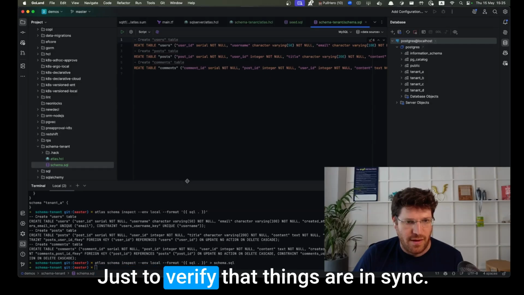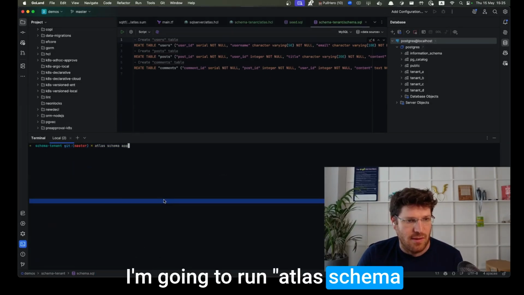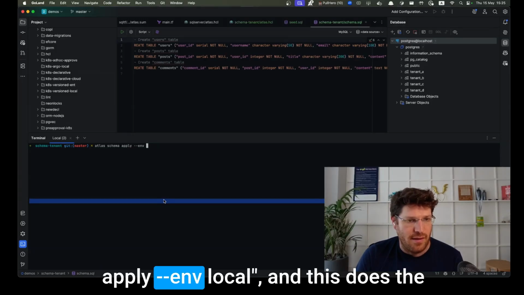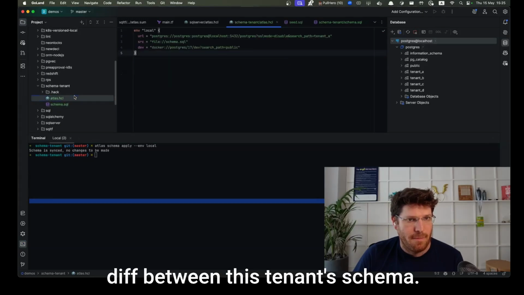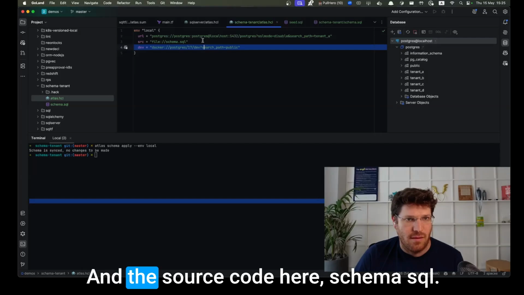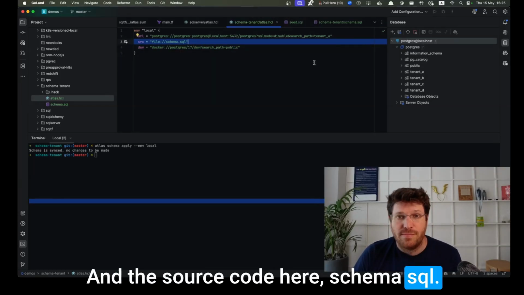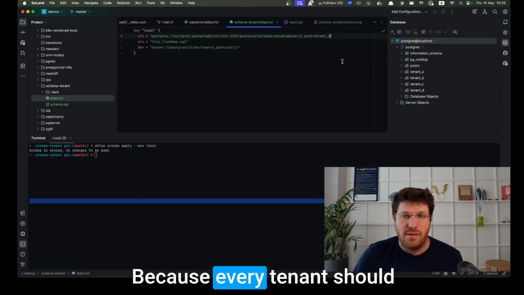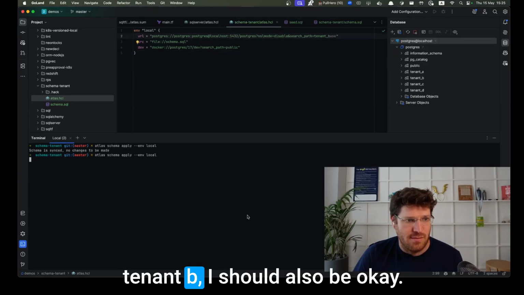Just to verify that things are in sync, I'm going to run Atlas schema apply and local. This does the diff between this tenant's schema and the source code here, schema.sql. Because every tenant should have an identical schema, if I do schema apply against tenant B, I should also